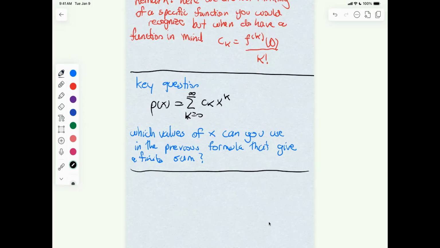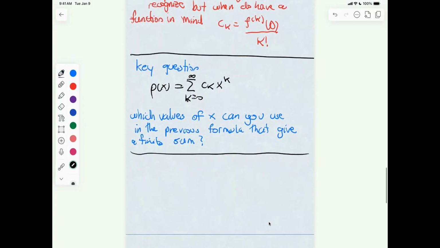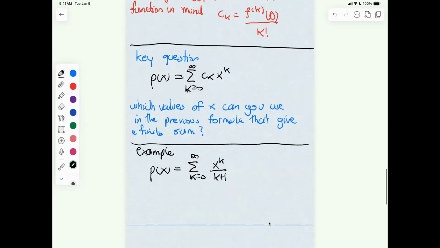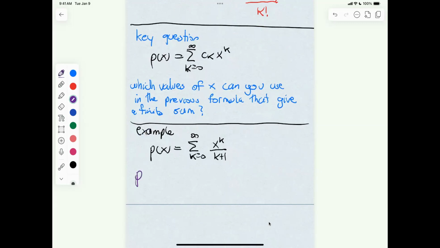So just to make it even more concrete, if you go back to the expression that I wrote before, where I wrote this thing. What if I try x equals 1? Like, what if you had tried to plug in x equals 1? So you would write p of 1, right? If you try to plug x equals 1 here, what happens in that case? So you would get something like this. You get 1 to the k,